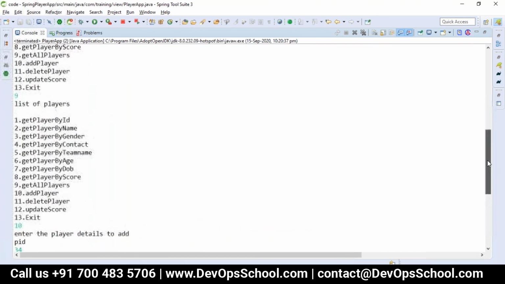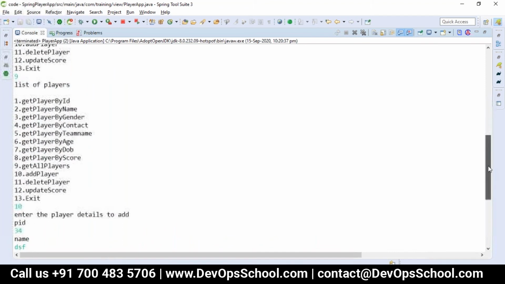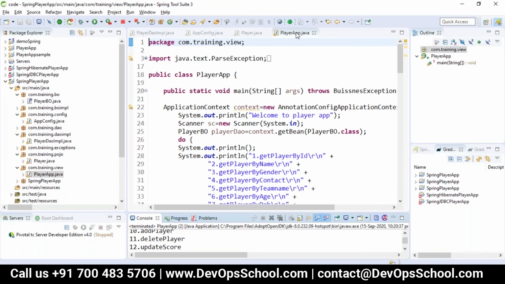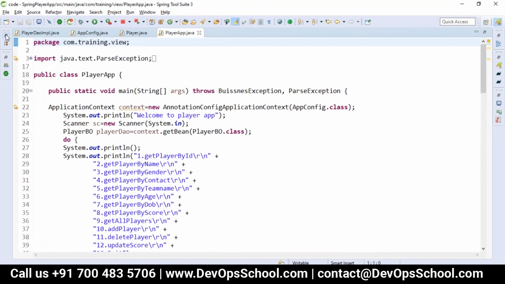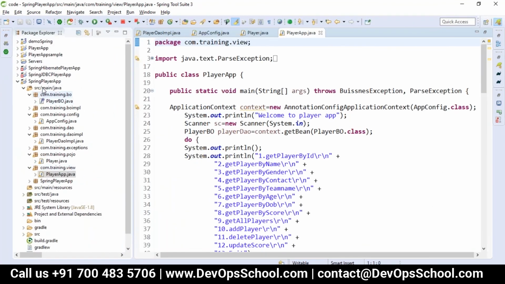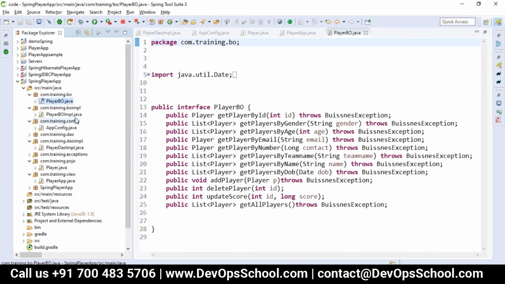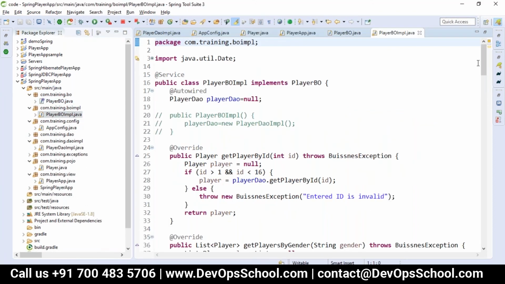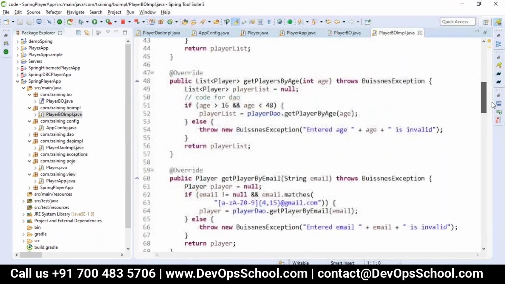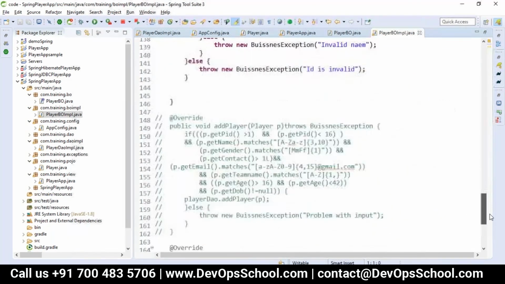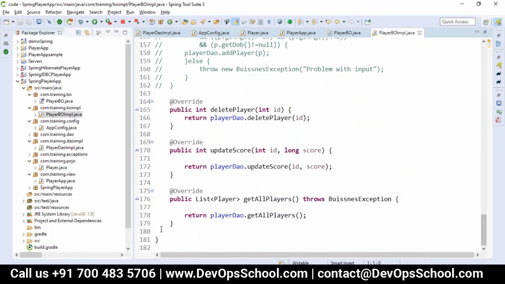Okay, let me just check it out. What is the code I have commented? Is it everything I've done in the same project? Yeah, this is my player DAO implementation. Yeah, it is returning all players here.